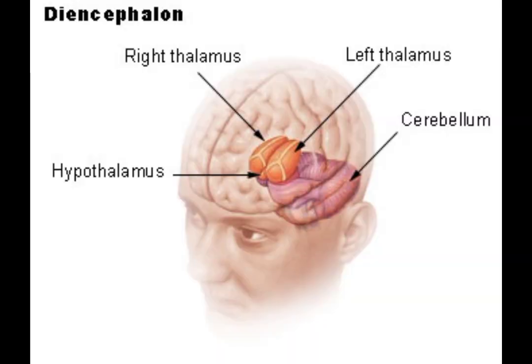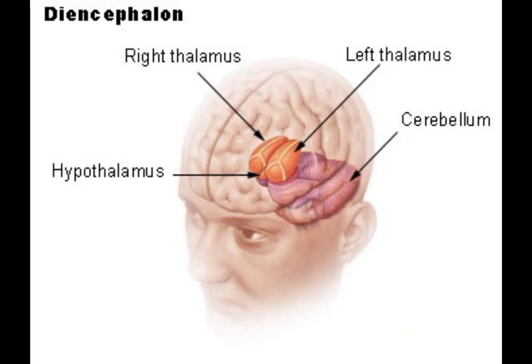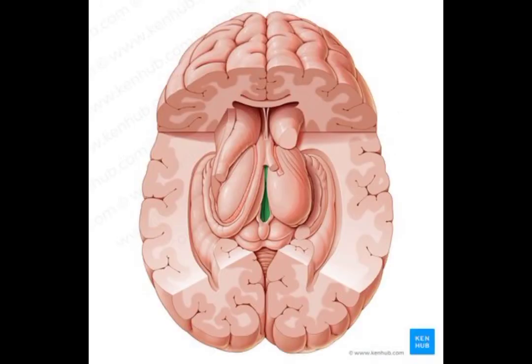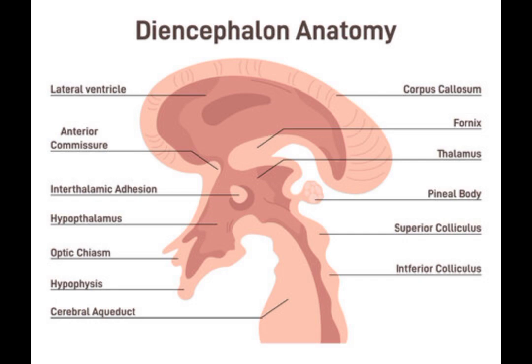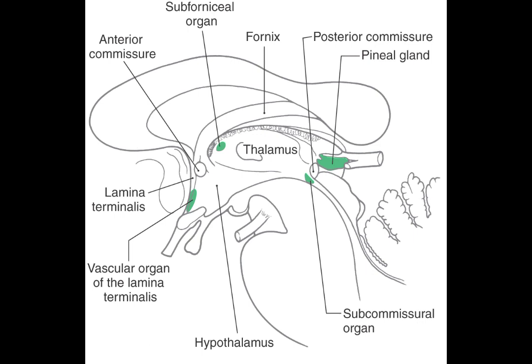Diencephalon. The diencephalon is located at the center of the brain and includes several important structures. A. Thalamus acts as a relay center, receiving sensory information except smell and sending it to the appropriate parts of the cerebral cortex,